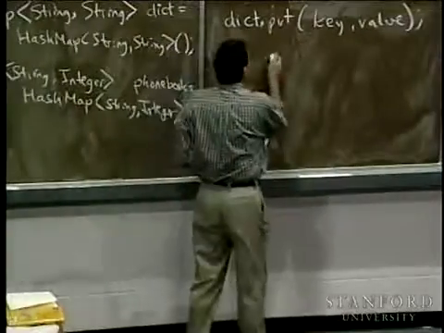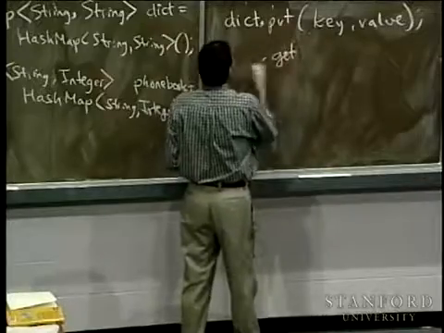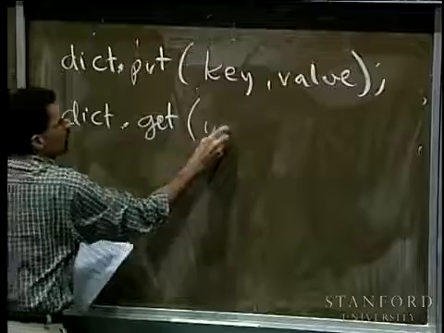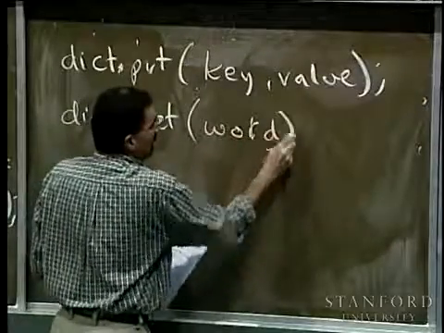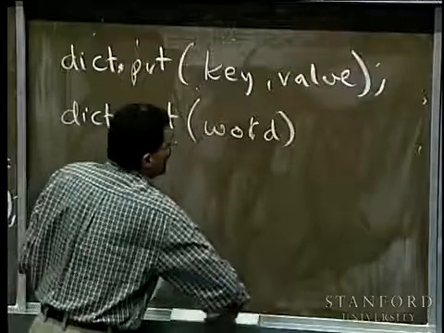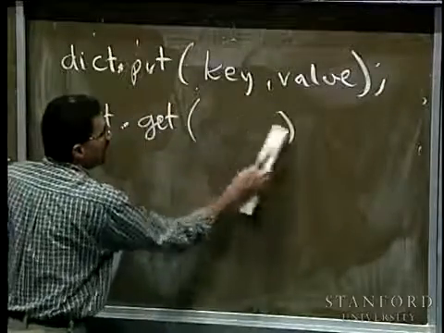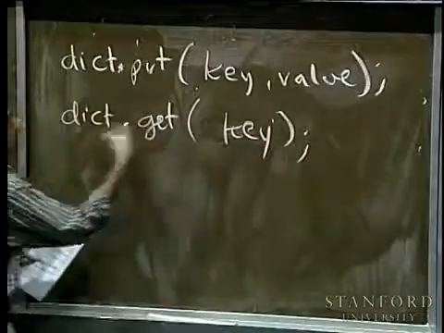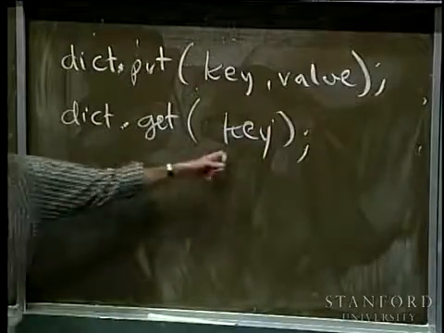What is important right now is you actually want to be able to get values out. So out of our dictionary, you might want to get the definition for a particular word. This word is my key. One way I could think about it is it's a word I'm looking up, but in the abstract notion, it's really a key. And so what this gives me back when I call get on the key is